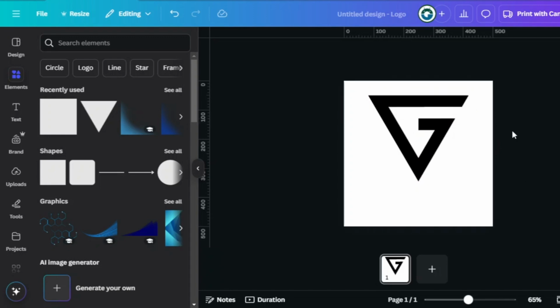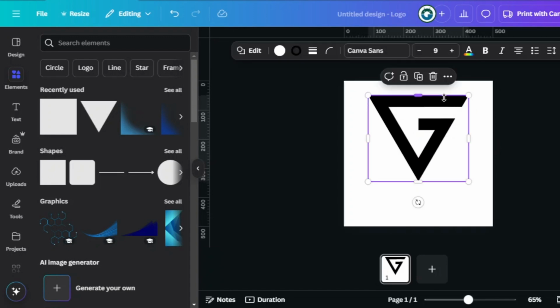Now, let's add a pencil tip icon to represent the channel's niche.